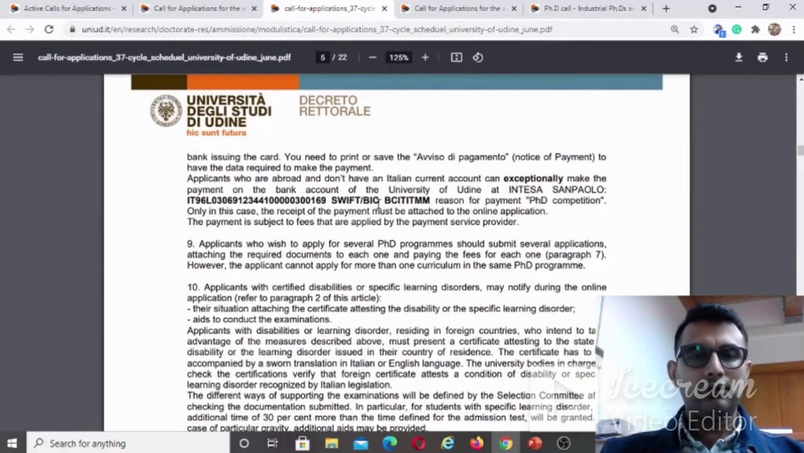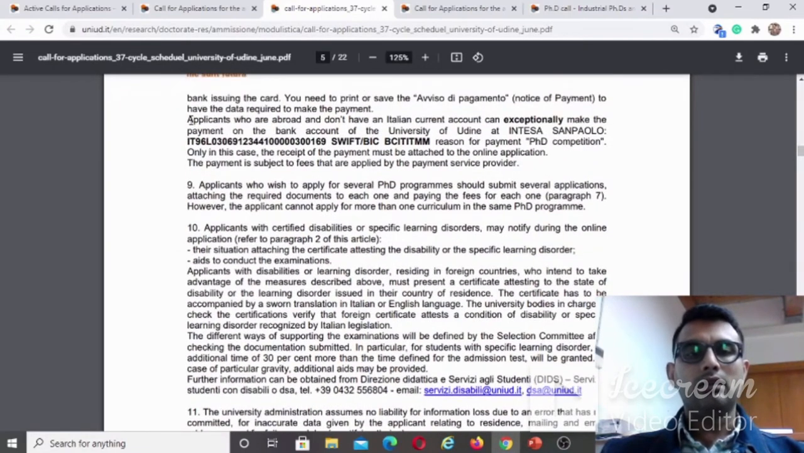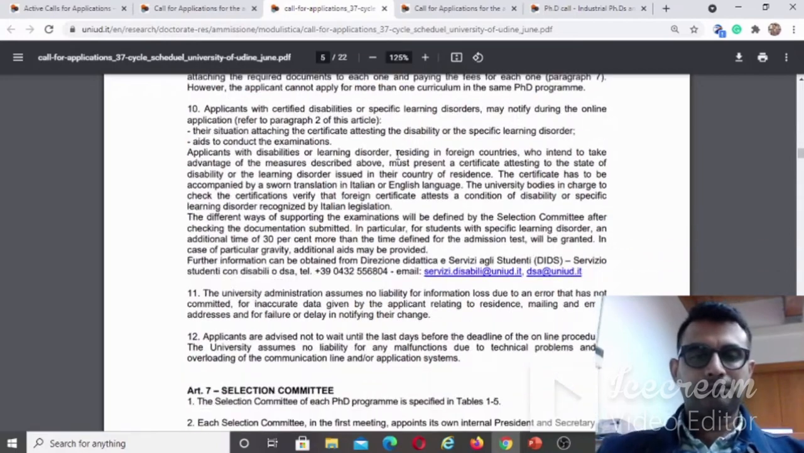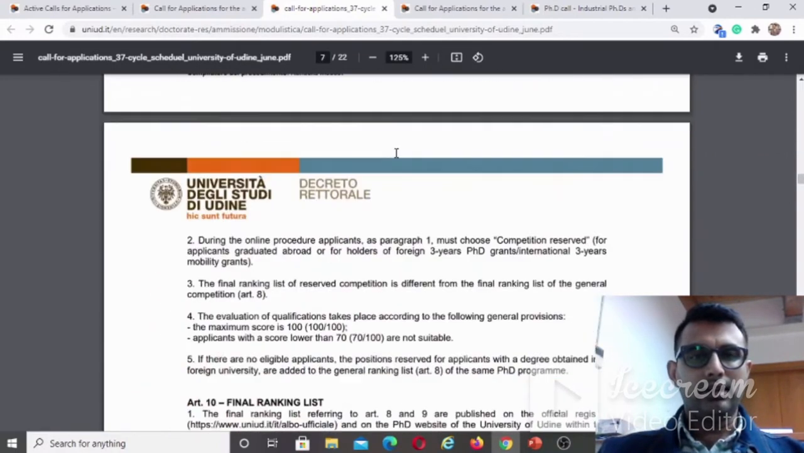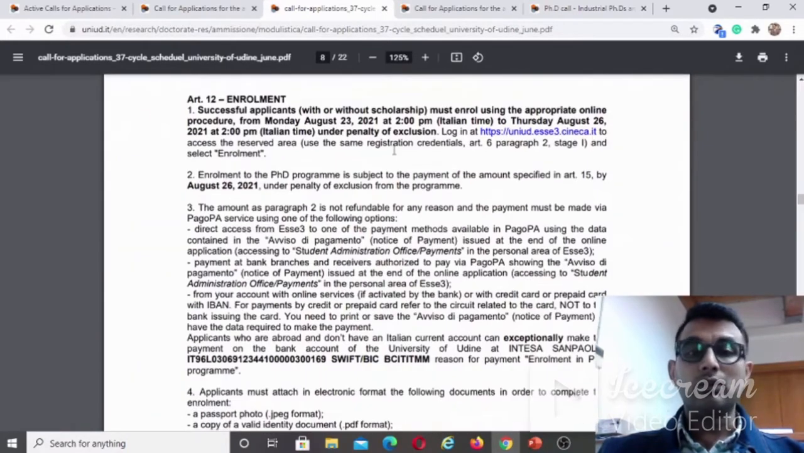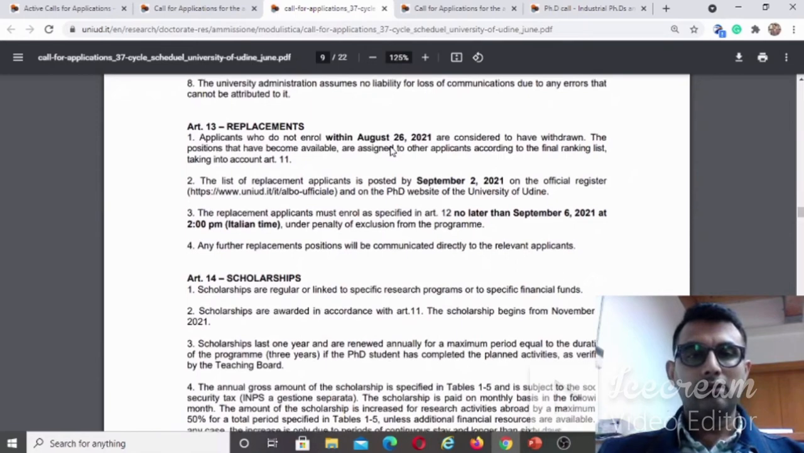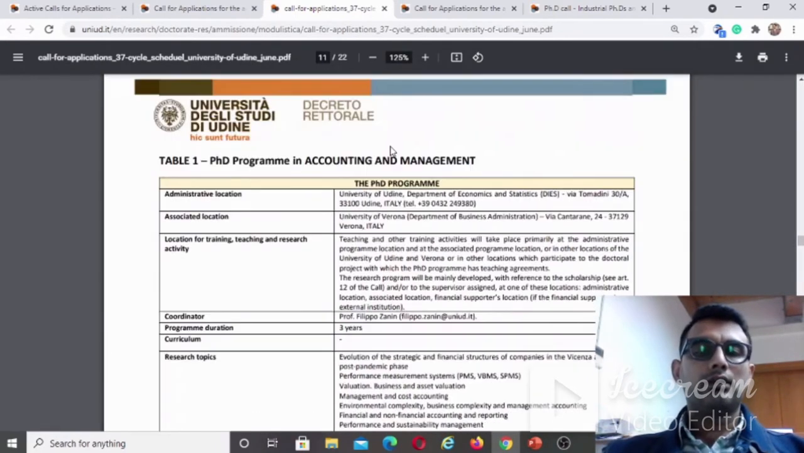If I move on, this is for Italian students. Those who don't have a current account can make a direct transfer, but it depends on whether you are in Italy. Okay, move on. Let's see table number 1. These are the general rules regarding the complete PhD program. I want to actually go to the